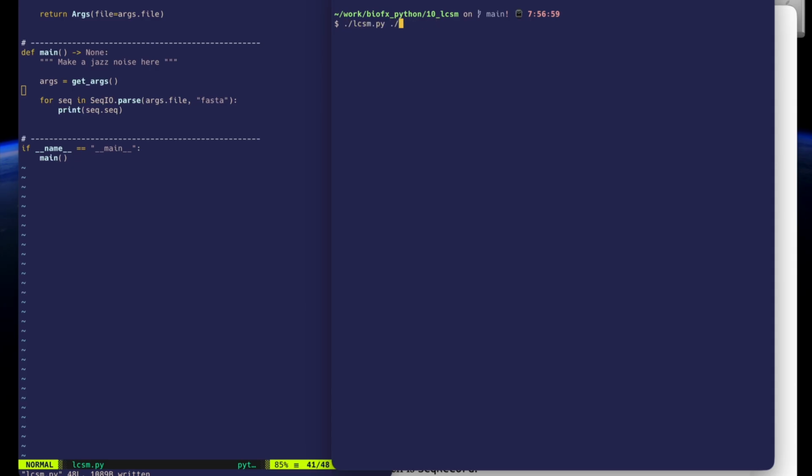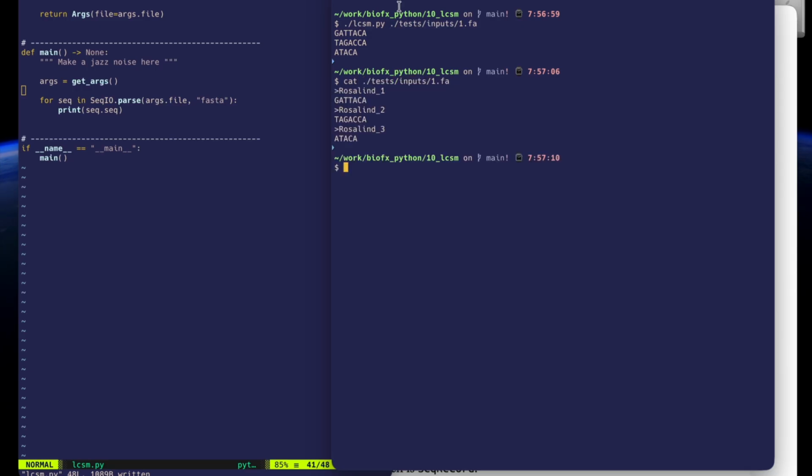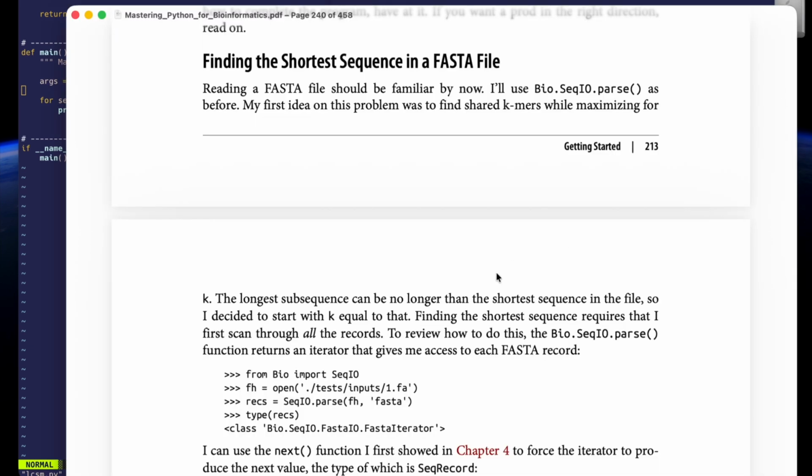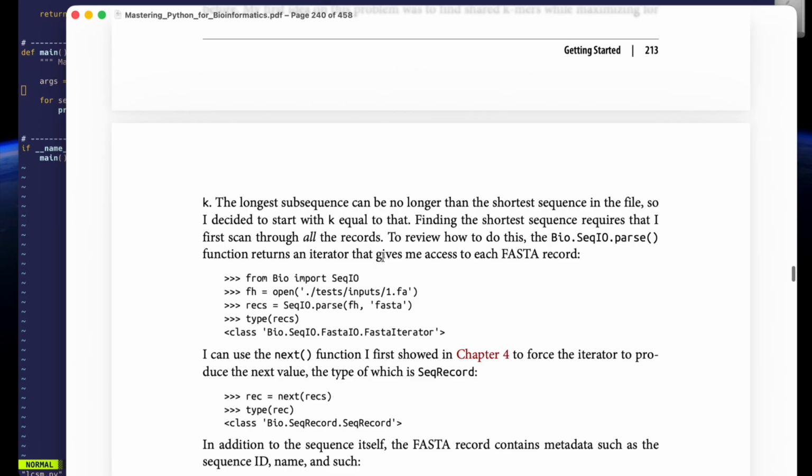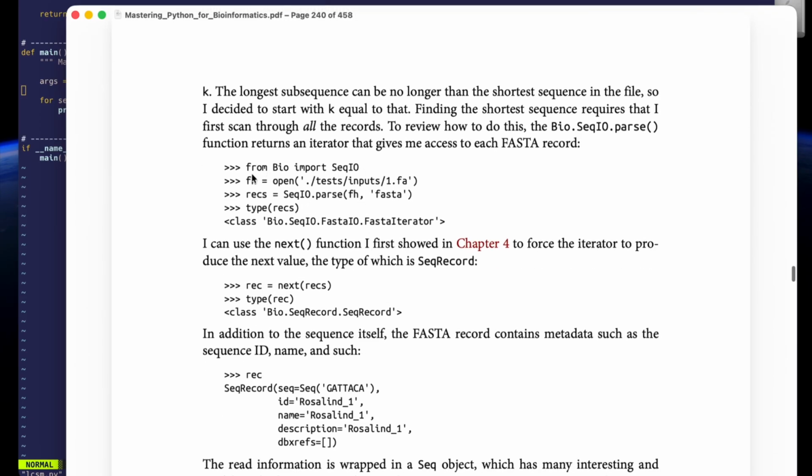Now we will run it on test input 1.fa, and we are only seeing the sequences as they are. I'm not printing the IDs, and because I'm printing them, they're just being stringified into the sequence itself. So with that, I'm showing here that if I open a REPL, what I get back from seek.io